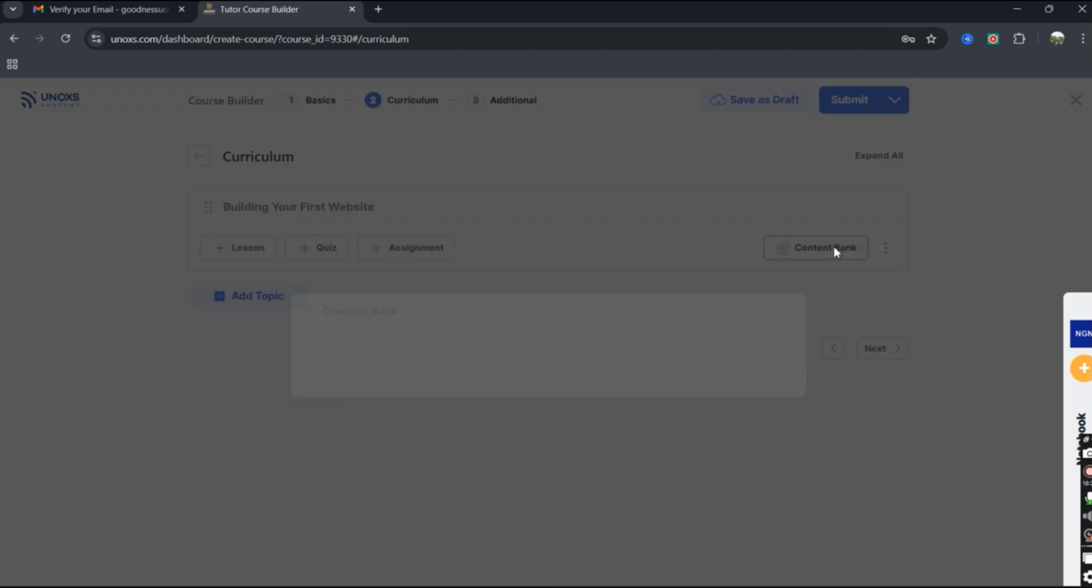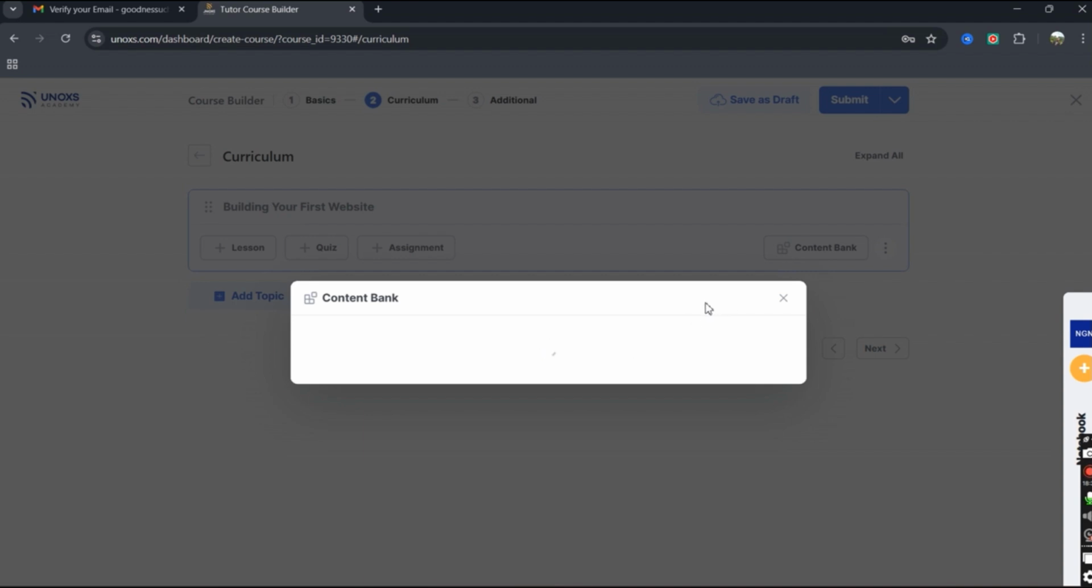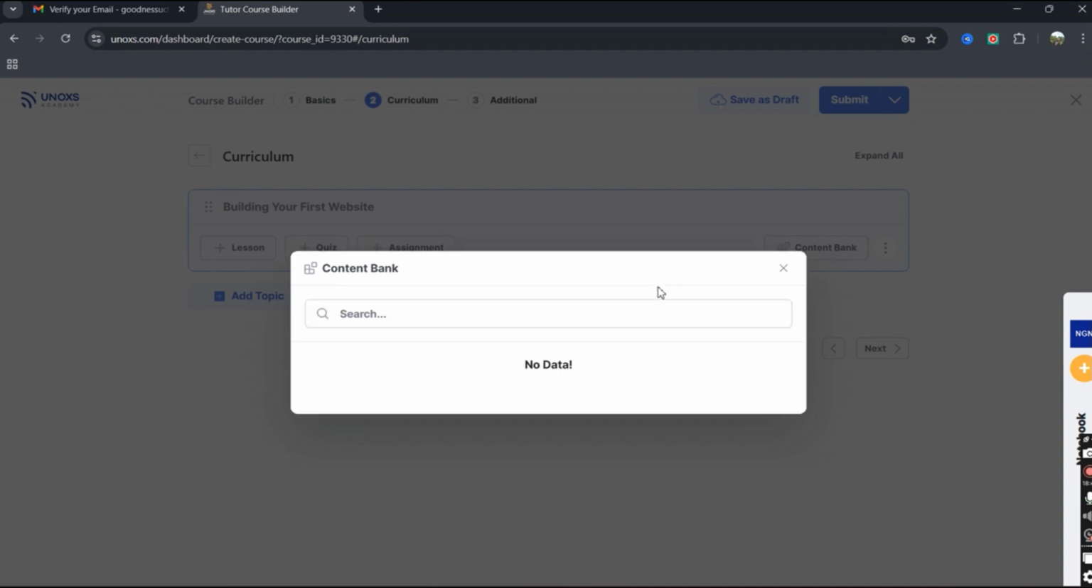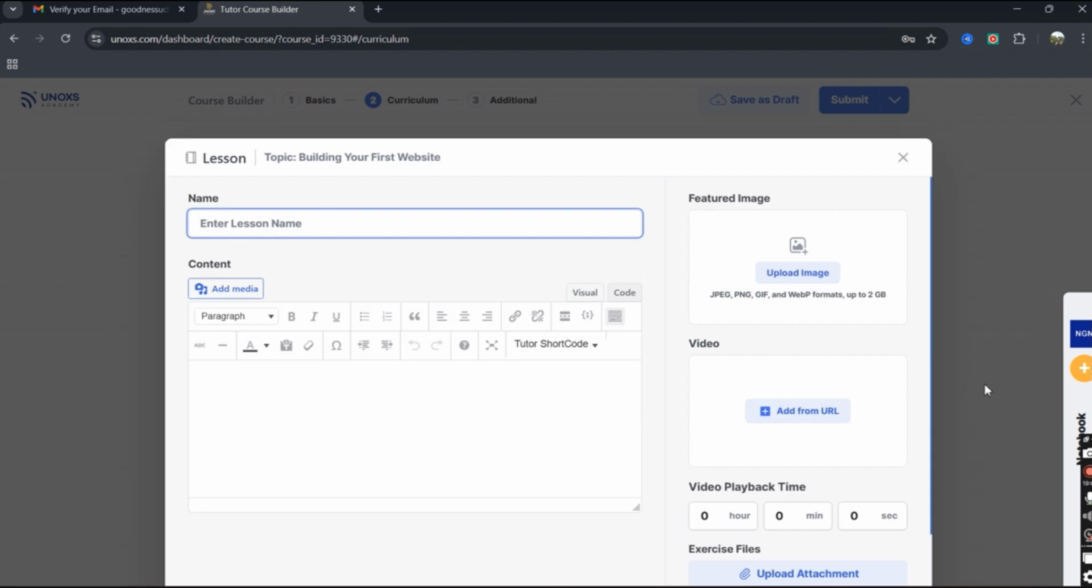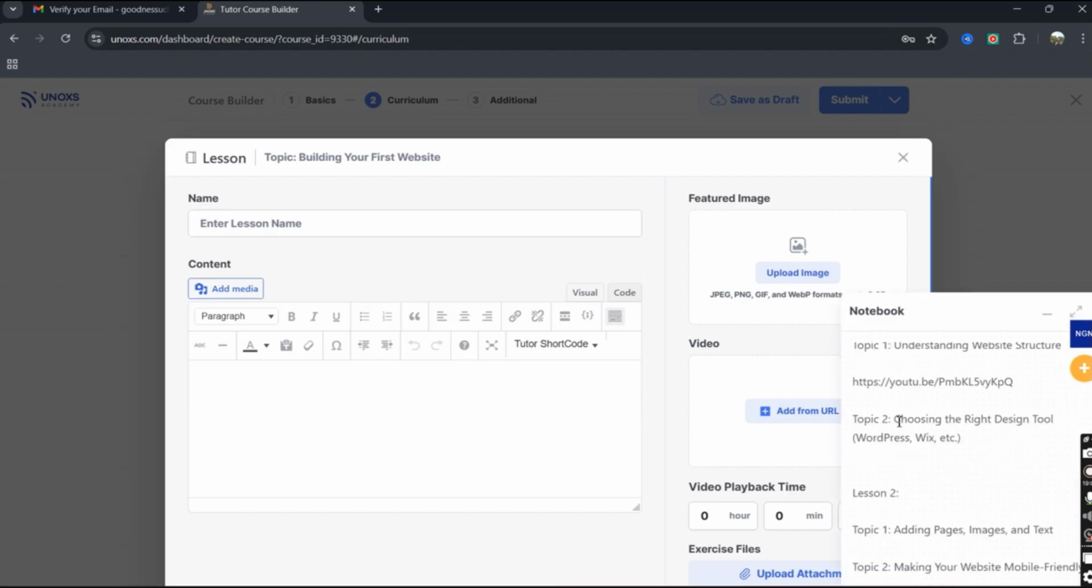Now the content bank is where you store your content. Let's say you already have other topics and lessons on your account as an instructor, and you don't want to recreate that particular lesson. You can just come to your content bank and select each of them. But since we have no data available, there is no content bank for us. So we're just going to create our first lesson, and now we are going to give it a name, which is